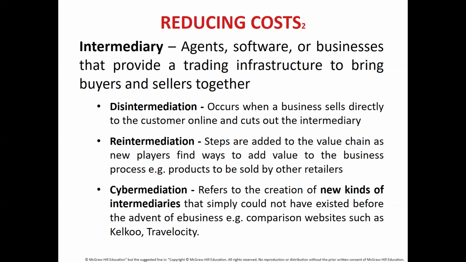Now we have more examples. For example, the grocery items that we are buying. So these grocery items are brought into Fiji by some other company. Let's say if you buy Tuckers ice cream. So Tuckers ice cream is basically produced by Goodman Fielder. So what Goodman Fielder would do is basically they will produce the product and then they will use other supermarkets to sell the items. So that is an example of re-intermediation. Again, when re-intermediation is involved, what happens? The loss goes to the customer because the customer ends up paying more.